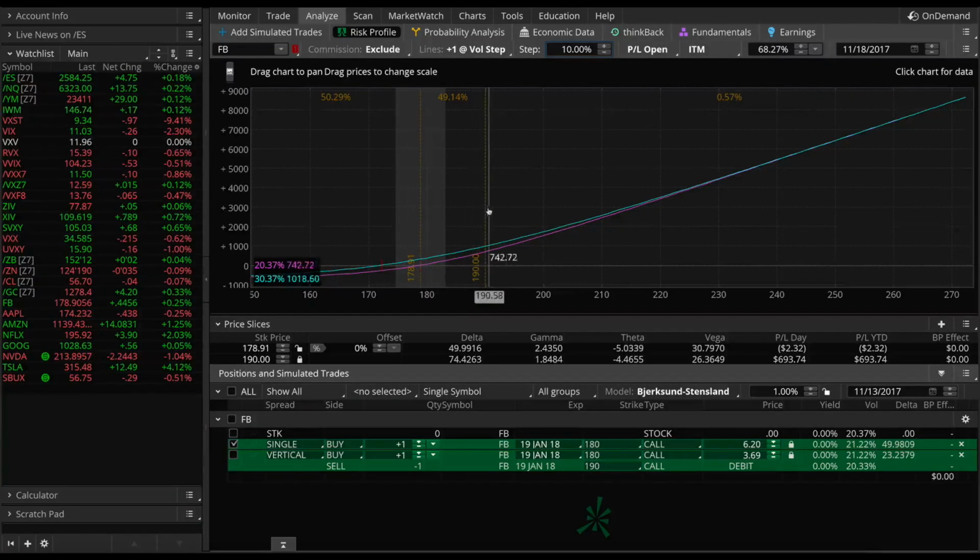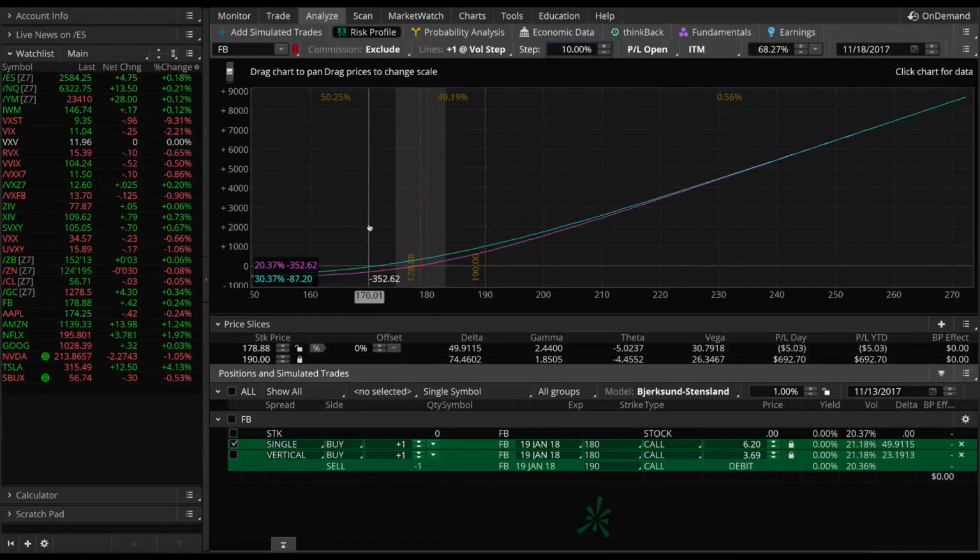So if we had an increase in Facebook stock price with an increase in implied volatility, we can see that the P&L expectation is going to be higher with the increase in implied volatility relative to that same stock price change with no change in implied volatility. Now, on the other hand, if implied volatility increases as Facebook decreases, as we're looking at right now, then the increase in implied volatility will offset the losses from that adverse directional movement in the stock price. So, for example, if Facebook fell to $170, if implied volatility did not change and remained at 20.37%,